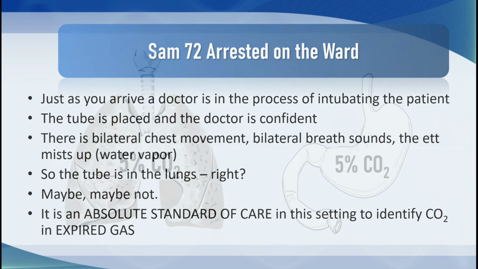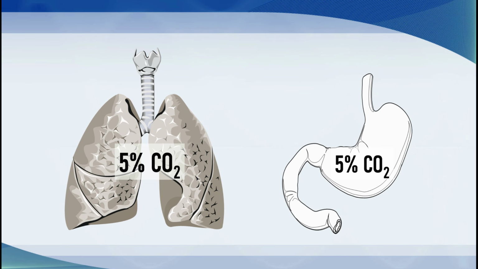gas. A little known fact is that air that is located in the lungs and air that is located in the stomach have a similar percentage of carbon dioxide. There is quite a lot of air in the stomach as we swallow air all the time, and CO2 is produced by various means by the gastric mucosa. The difference is that when we insufflate the lungs, the gas that goes in is immediately replaced by gas that